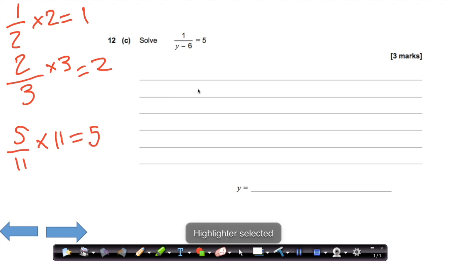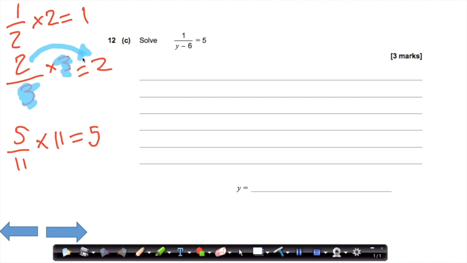What we're doing here, to put it simply, is saying, alright, if I have a fraction and I multiply by whatever is on the bottom, I'm left with what I have on the top. The most simple example of this is a half times by 2, or half doubled is 1. But the idea extends to harder examples like 5 over 11 times by 11 to give you 5, and then